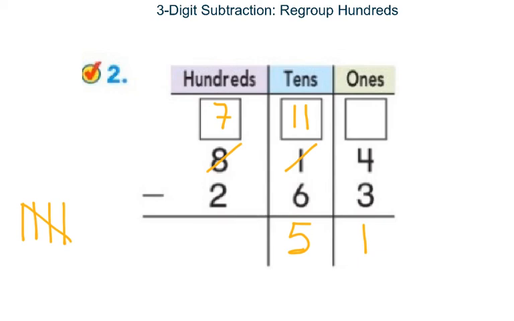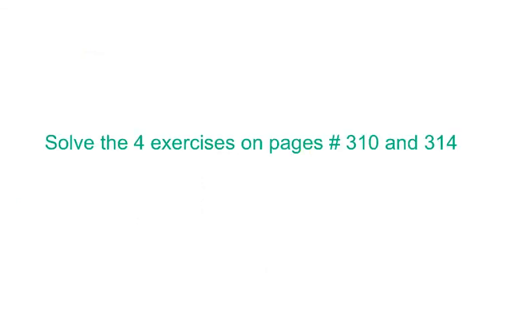And we say 2, 3, 4, 5, 6, 7. That gives us 5 also. That's 551. Now for some practice, solve the 4 exercises on page 310 and